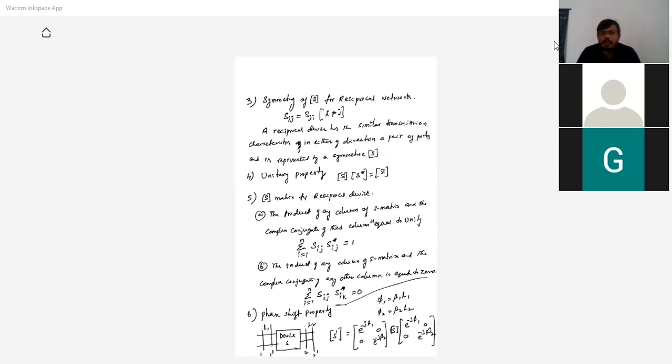No one will ask for the proof of this one. They will ask only what the S parameters are, and what the properties of the S parameter are. It is one of the very, very important questions. Please put a star mark for this, because without this there is no question paper. They will ask you to list out the properties of the S matrix, or list out any 4 properties of the S matrix.